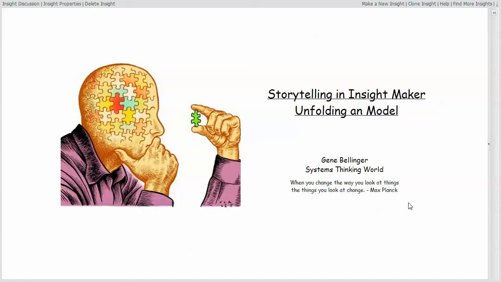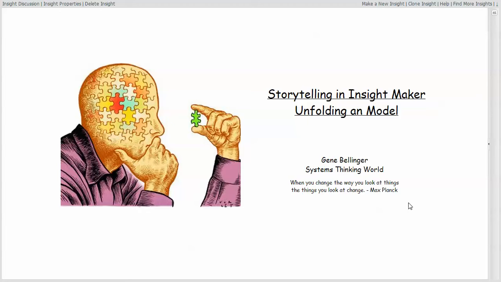A model in Insight Maker is actually intended to tell a story and surface an insight associated with that story. And it's generally much easier to convey the understanding of that model and the insight or insights associated with it if you can unfold that model piecewise and provide an explanation of the pieces as the story unfolds. The same way that you might think of a play being presented in a number of acts and scenes and the interactions of the players from one scene to another as